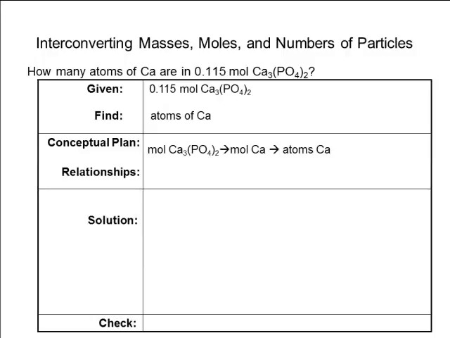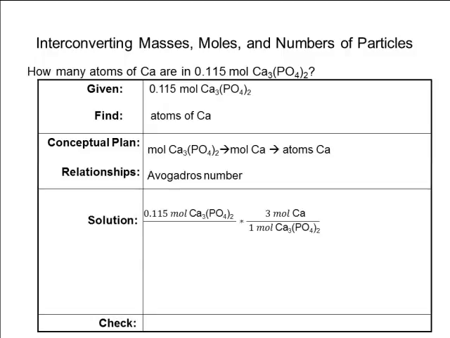To do the moles of calcium phosphate to moles of calcium, we just need the formula, which we have. To do the moles of calcium to atoms of calcium, we're going to need Avogadro's number. So we can set it up with the moles of calcium phosphate. And we've got 1 mole of calcium phosphate to 3 moles of calcium. We've got 1 mole of calcium to 6.022 times 10 to the 23rd atoms of calcium. Make sure our units are canceling. When we plug those numbers into our calculator, we end up with 2.07759 times 10 to the